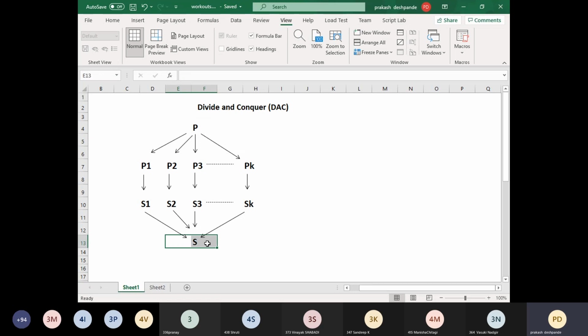by involving a technique where first we divide the original problem into different subproblems, and if the individual subproblems can be solved, we derive those solutions and combine them all into a single solution which solves the given problem. This is the methodology we use in solving using the divide and conquer method. Understood, students?